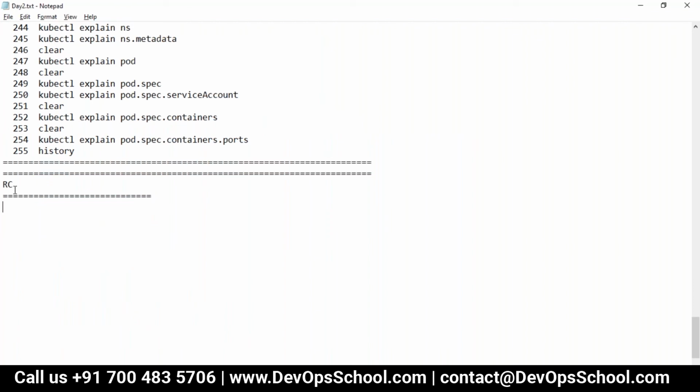Yeah. So RC stands for replication controller. So guys, there are two things: we have replication and another one is controller. So when I say replication, it can replicate one pod to many. That is the one thing. And the second thing is we can control. So controller, do you remember the controller manager?